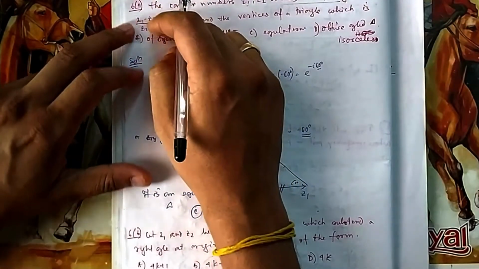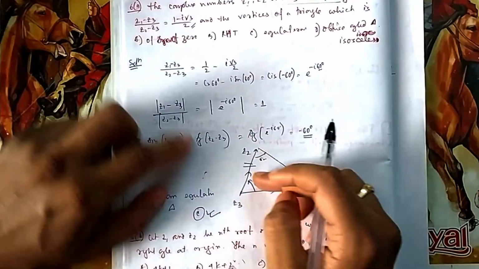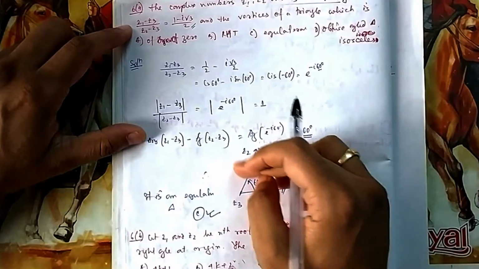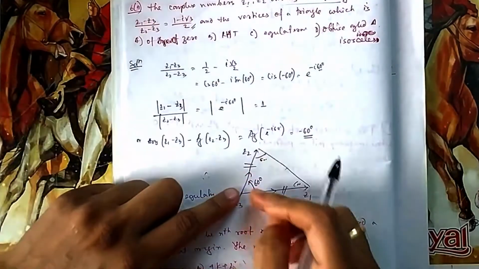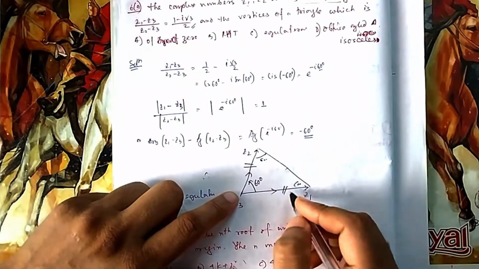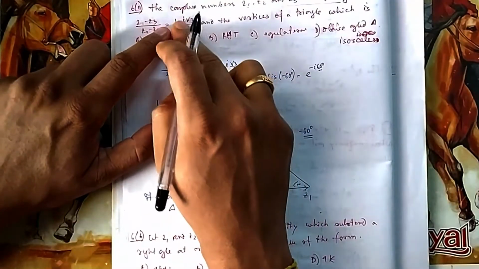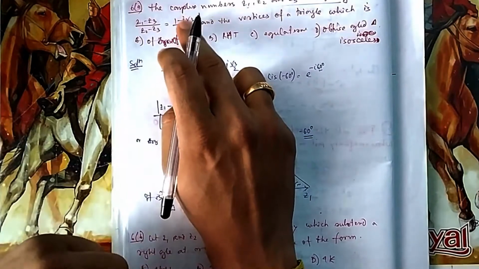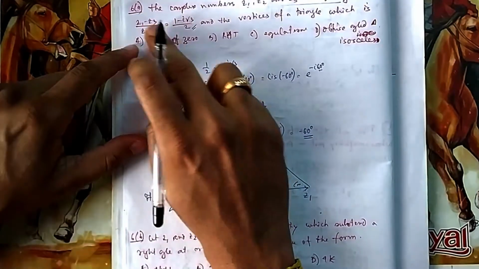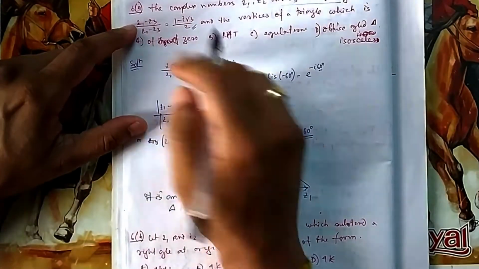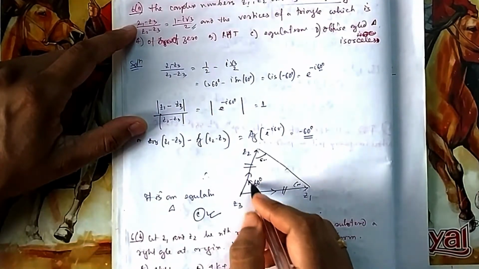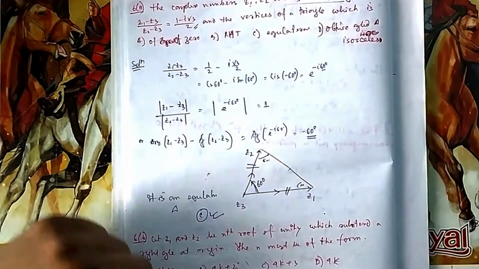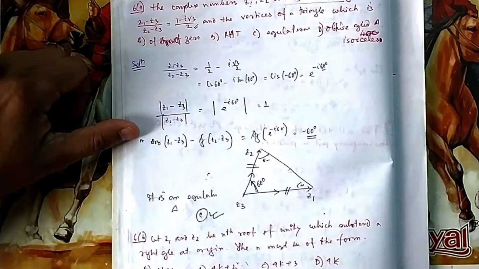So let me find the magnitude of this one. If you find whether it is equal or 2 times or 3 times. And you can also find the angle, because these two vectors, you can say, give one complex number, and you know magnitude and angle. So magnitude will give you the ratio, angle will give you the difference between the vectors' angles. So the difference between these two vectors is this angle, that is the angle between these two. We have seen this one.